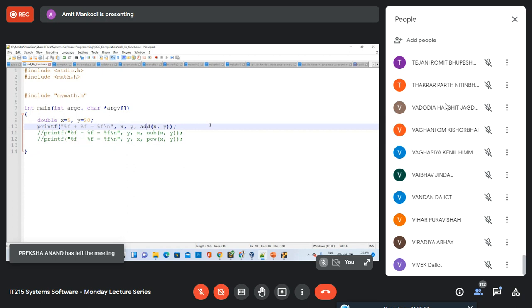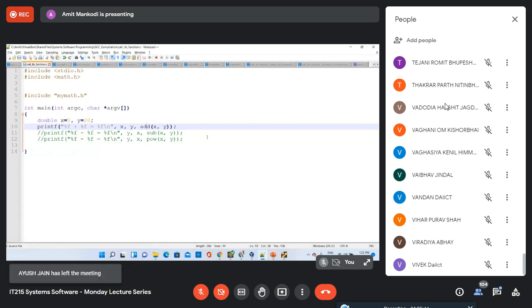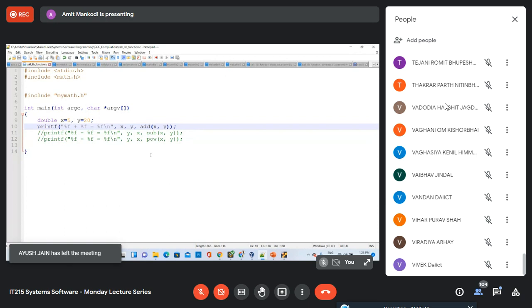Otherwise, the standard library files are very, very large. They have a lot of functions, but we are not actually using all of those. So if you include some static library which has, let's say, printf, scanf, and those functions, it will only include the object code of the specific functions that you are referring to in your code.